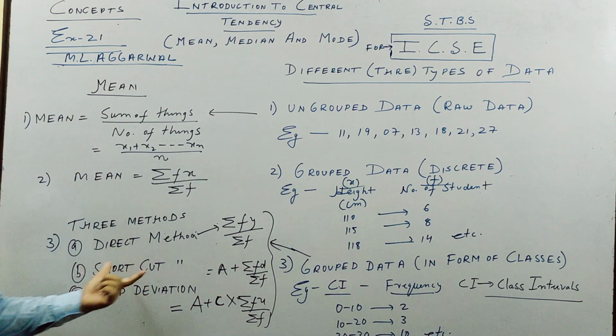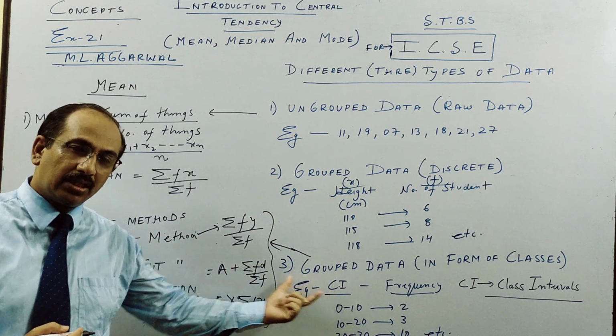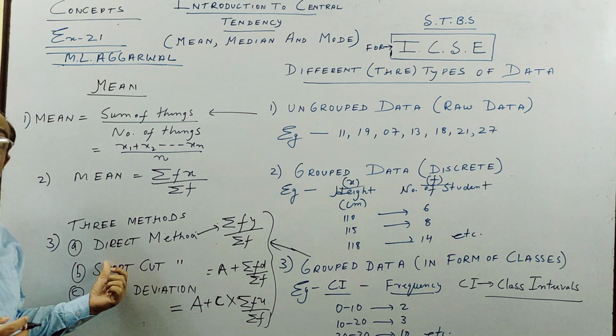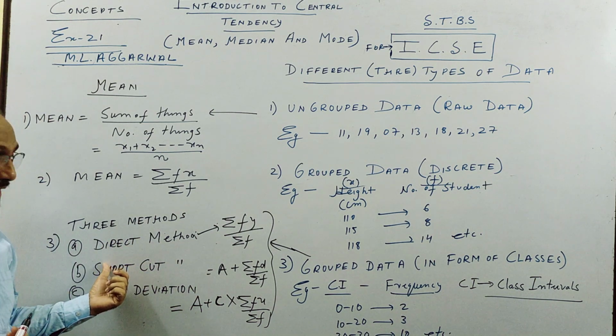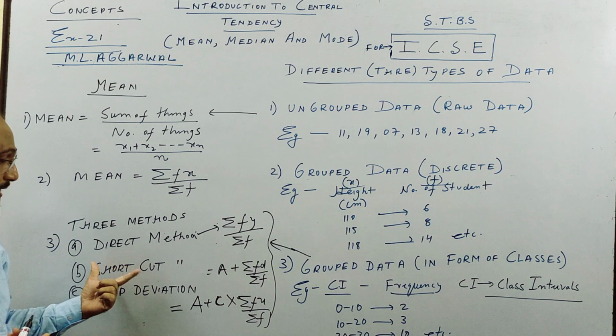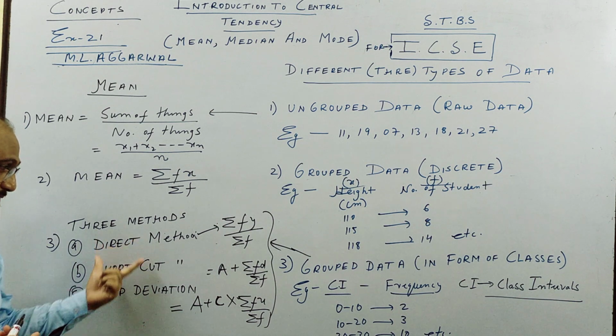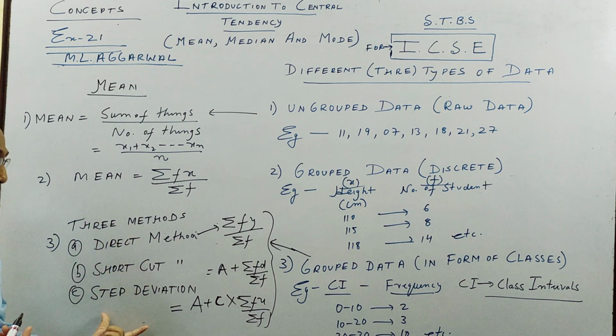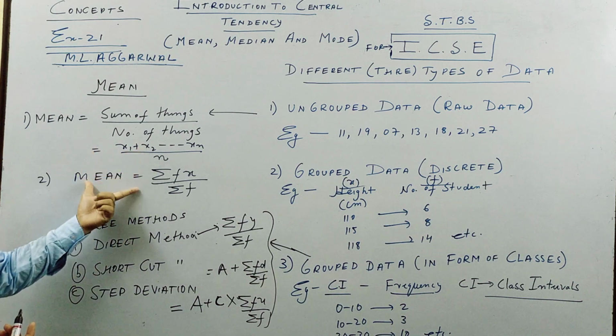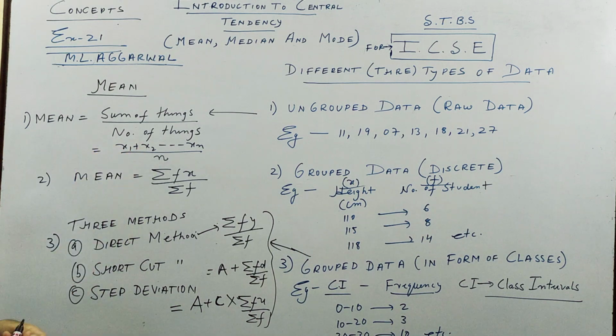So once more, grouped data, this is very important. Generally one question comes either from here or from ogive. Ogive I'll tell you when I do median. So one question is very important from this part. This is generally a 4-mark question, and these are generally 3-mark questions. So we have mean, and these are the 3 ways. Next we move on to